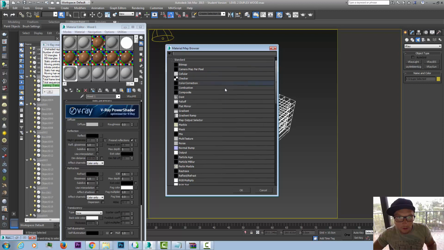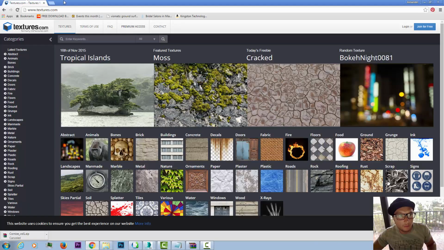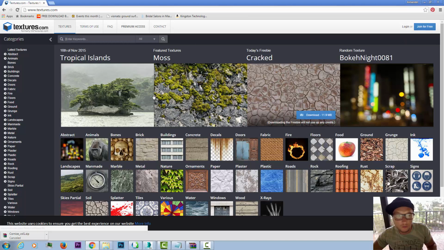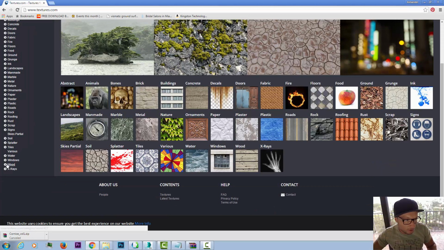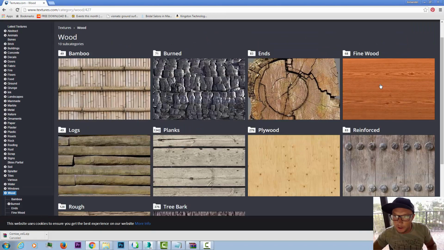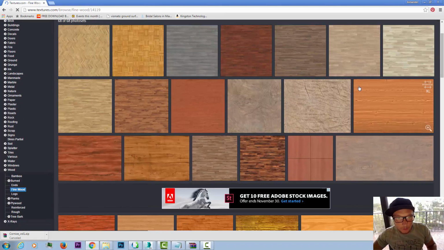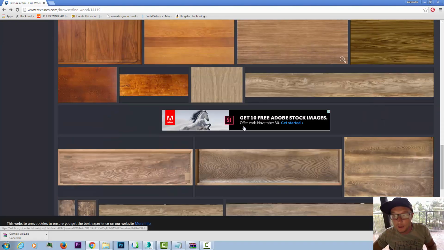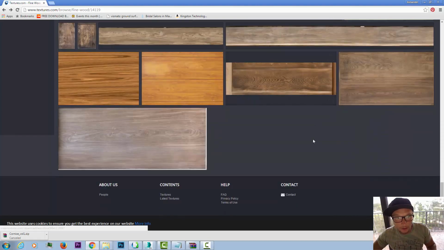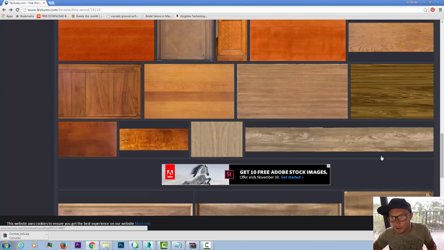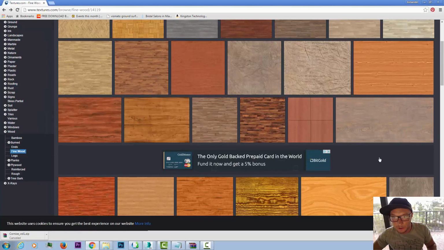I'm going to load the texture that I got from this amazing website, CD Textures. As you can see here, they updated it, and the smaller resolutions are for free. The bigger resolutions are probably for premium members, but you can join for free. And if you go here and scroll down and click on a fine wood, you can find a lot of wood textures with really good quality. Some of them are not seamless. Mine actually was seamless,